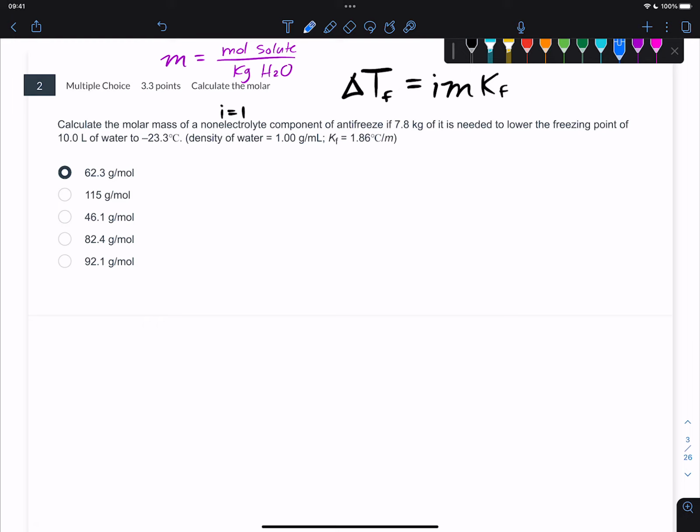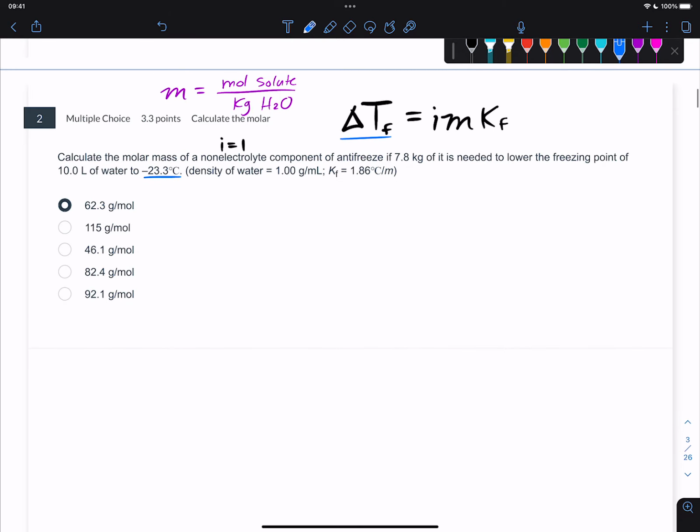For this problem, it says calculate the molar mass. So first you need to realize that you have certain pieces here. You have the freezing point depression amount. You have the van 't Hoff factor, it's 1. You do not know the molality, but you do have the freezing point depression constant for the water. So what we have here is that delta T is equal to i m K_F. So plugging in everything, it's going to be a 23.3 degree fall, which is equal to 1, that's i. We don't know the molality, but we do know K, which is 1.86. Solving for this, we get that the molality is equal to about